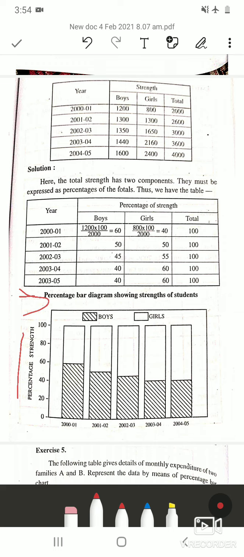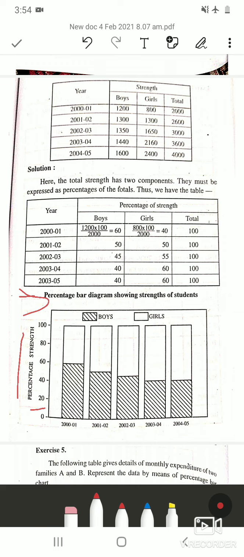Now, the scale is of your choice again, 0 to 20, 20 to 40, 40 to 60. Here 1 centimeter shows 20%, and again the rectangles must be of equal width,